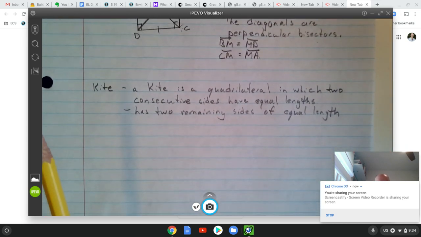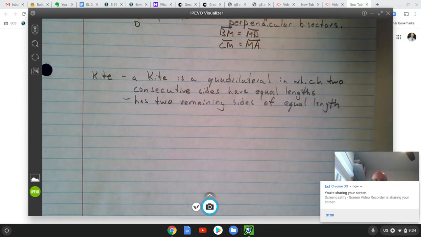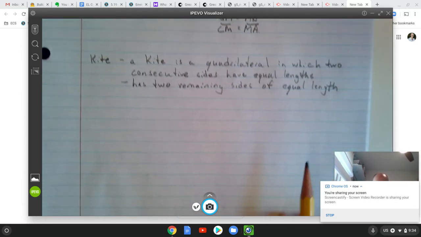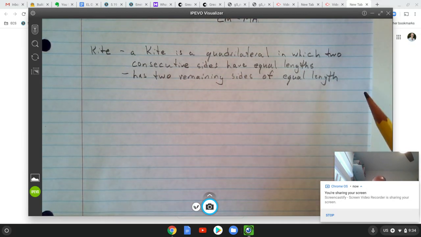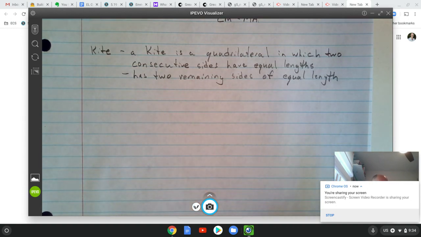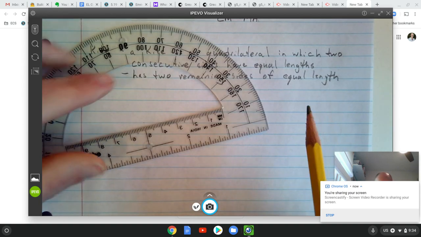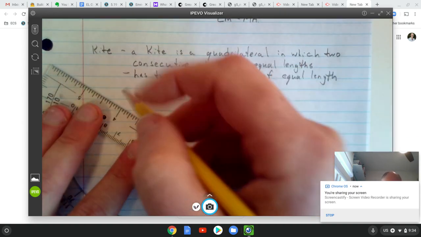Okay, and we need to study a kite. And a kite is pretty cool, pretty neat to draw. A kite is a quadrilateral on which two consecutive sides have equal lengths, and then it has two remaining sides of equal lengths. Okay, so for making a kite, and it does look just like the thing that you fly